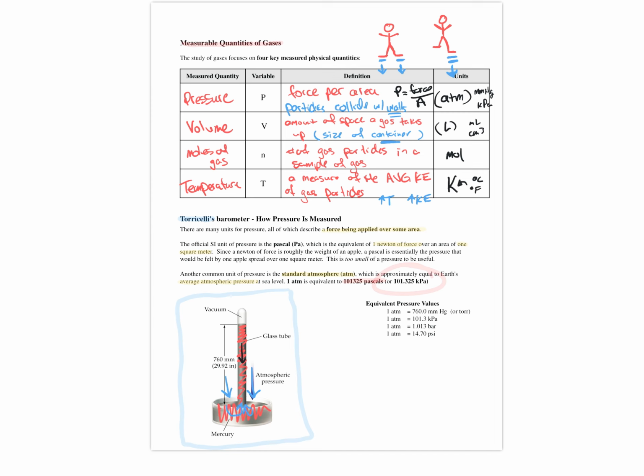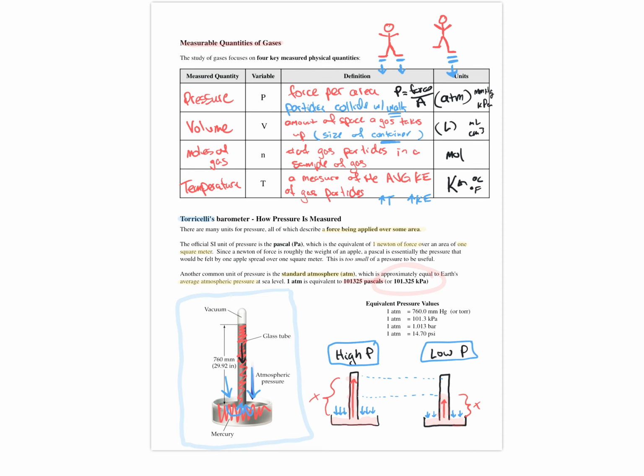There's no pressure in the little space above the tube. This is a vacuum with no gas particles in it. Now, what will change is how high the mercury is inside the tube. As the pressure of the atmosphere pushes greater on the pool, the mercury climbs higher into the tube. As the pressure of the atmosphere is pushing less on the pool, the mercury will drop and not be as high. And we will measure the physical distance of the mercury climbing in the tube in millimeters. Under standard atmospheric pressure conditions, the mercury will climb 760 millimeters high in this tube.